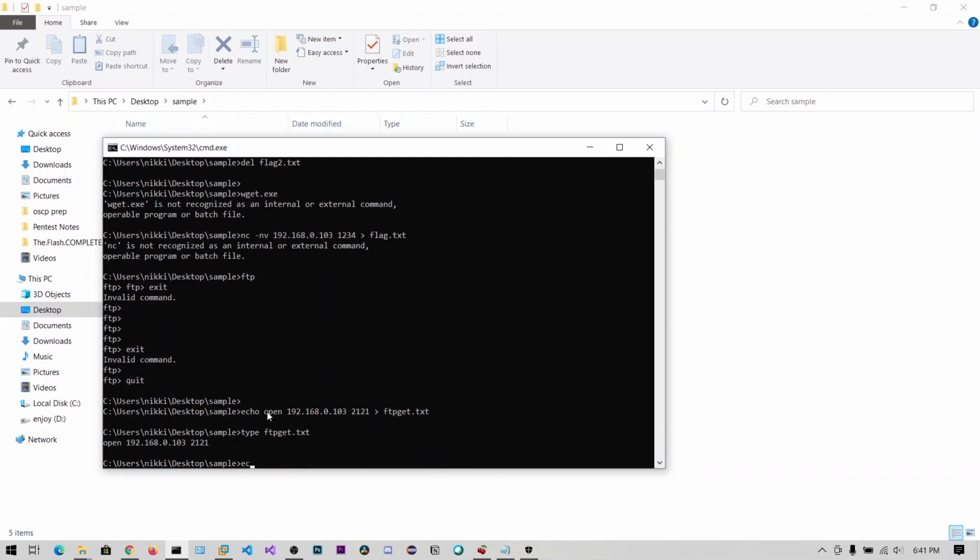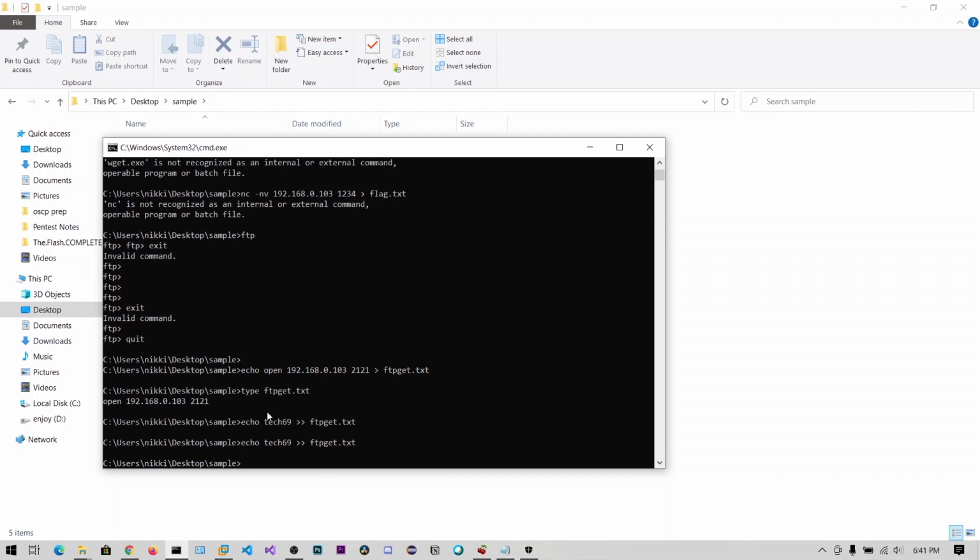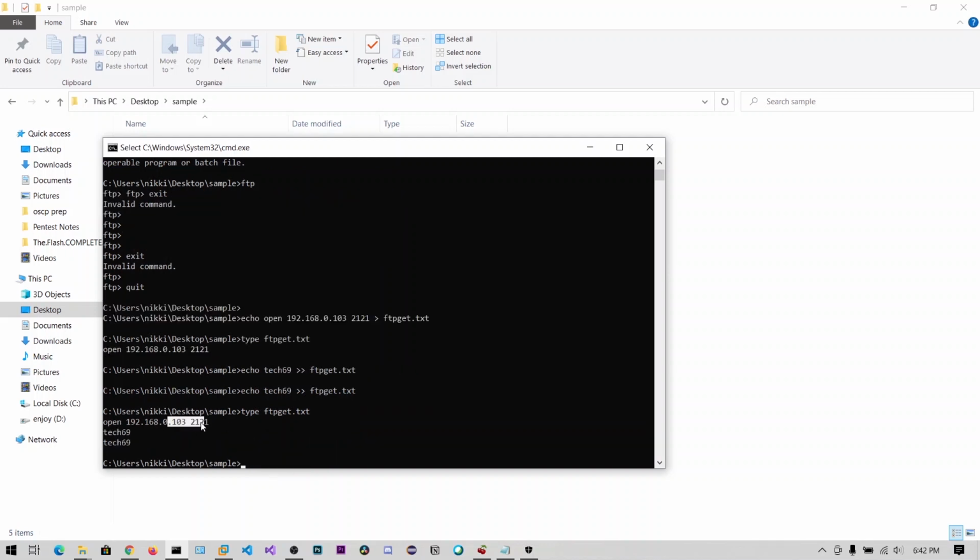Okay, now echo the username, tech69, append to this one, and also the password, tech69. Let's see what the commands are. I am opening the connection on port 2121 and logging in using these credentials, and